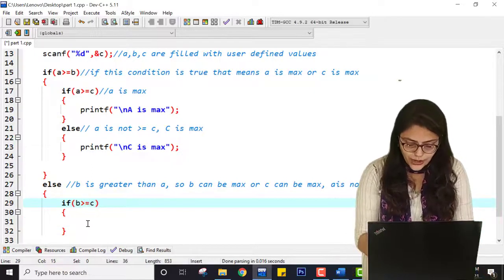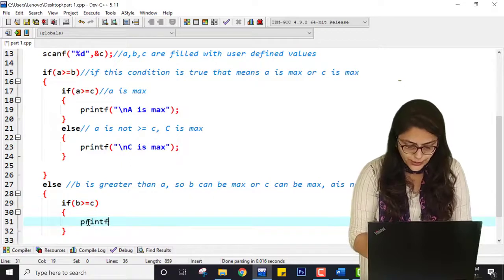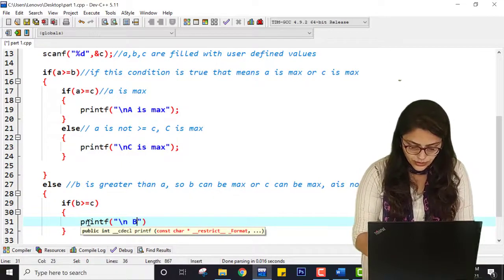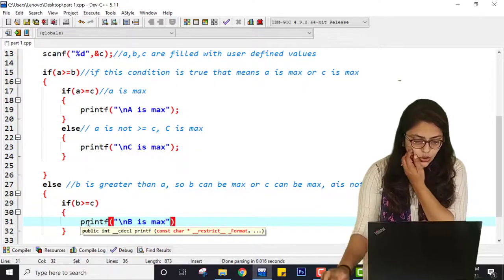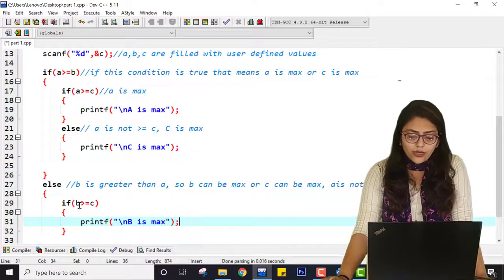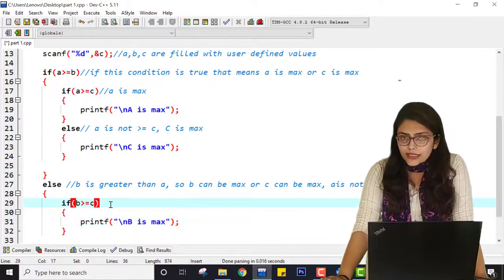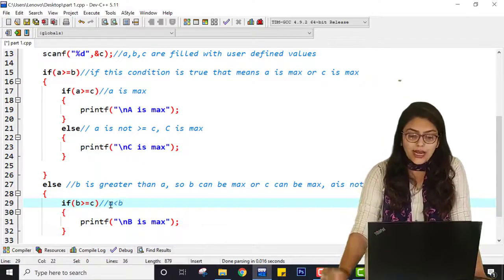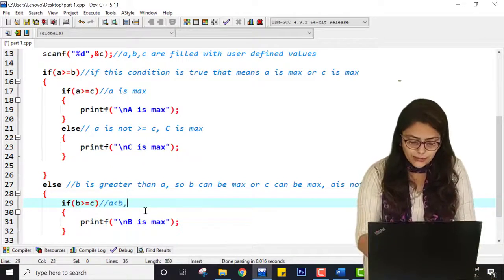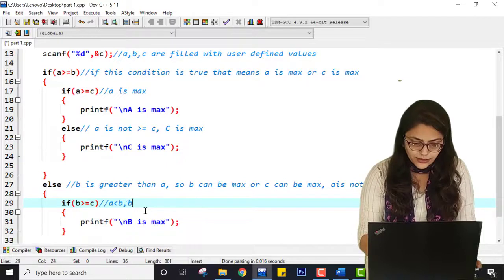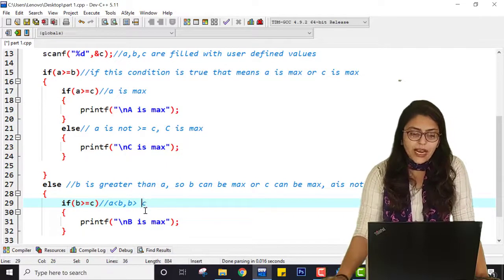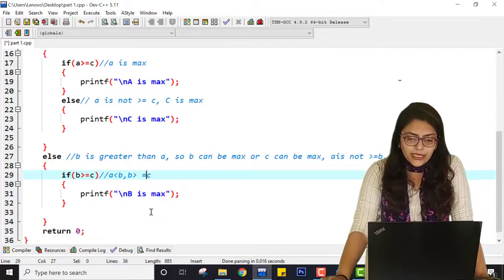So that's why I can write printf B is max, right? This is because I already know that at this stage A is less than B, because it's in else, and also this condition is true. That means B is greater than C. That means B is greater than or equal to each of them, and that's why B is maximum.